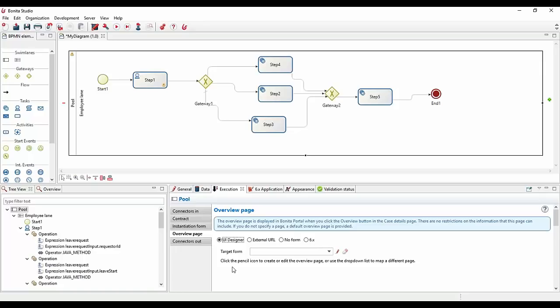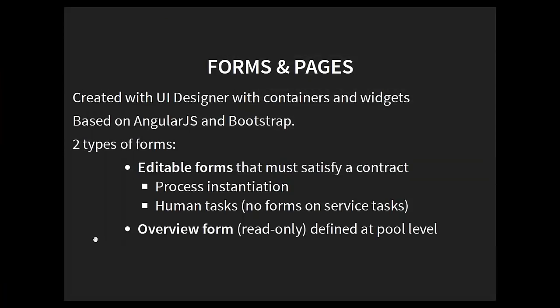If you want to test something quickly, then you use this automatically generated form. And if you want to have something a bit more fancy, beautiful, then at this time you will be defining your own form specific for this specific task, for example. All right, so that's what I wanted to show about the forms.